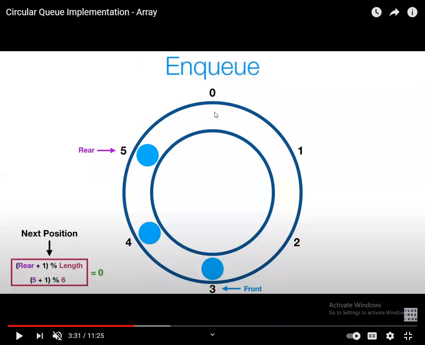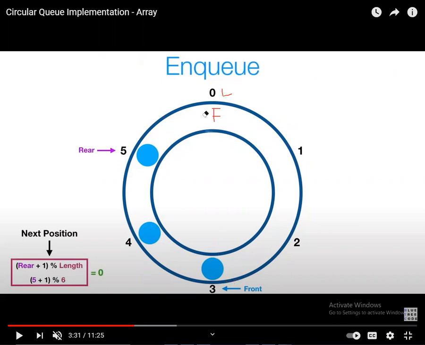now you check whether front equals rear plus 1. No. Where is the front? The rear is here. Previously, when the queue was totally full of elements, the front was positioned here, so front equaled rear plus 1. Now it is not. Front is not equal to rear plus 1, hence the front is indicating over here.